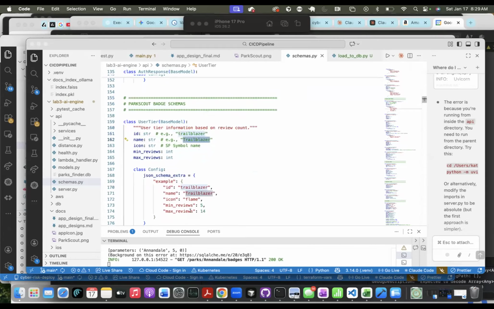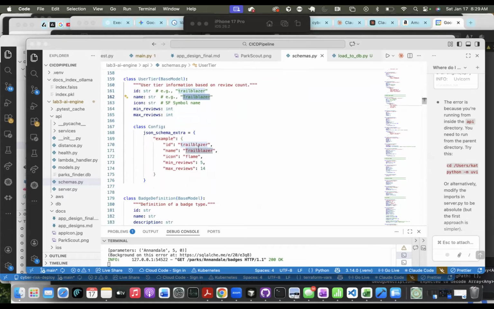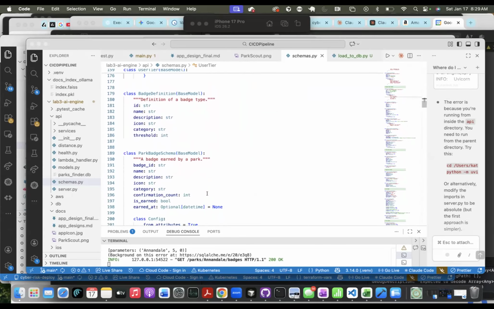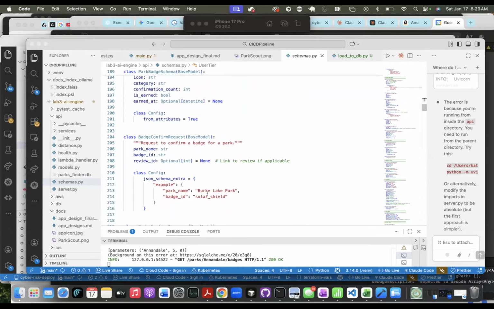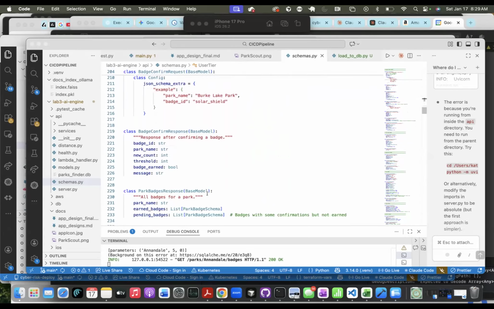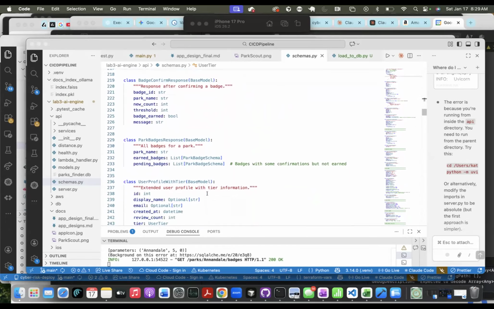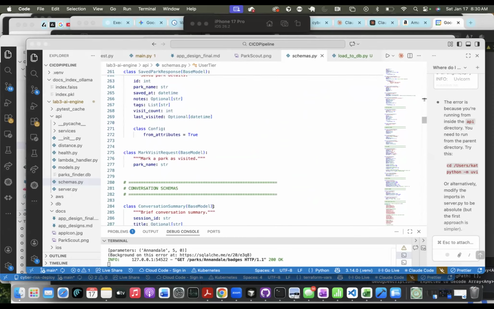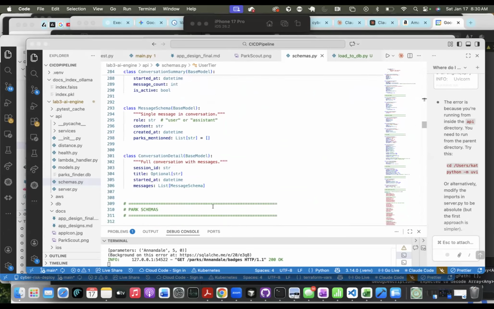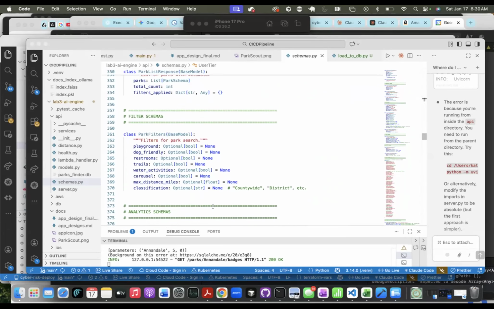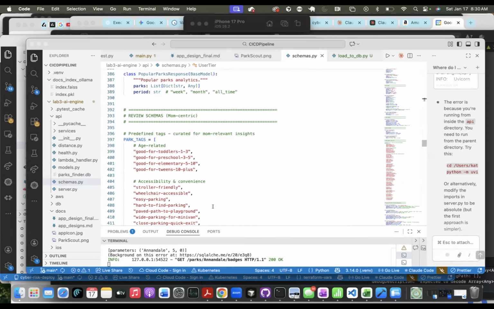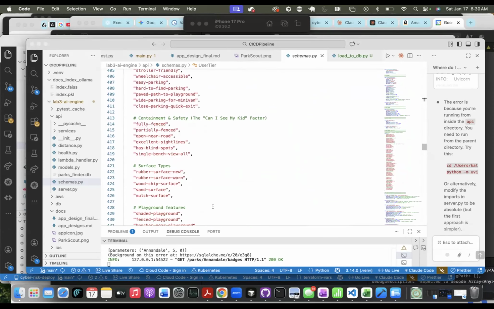This sets up the different trails or badges that the parks specifically are going to have achieved. There are also lots of different conversation schemas and instructions for the app to reference.